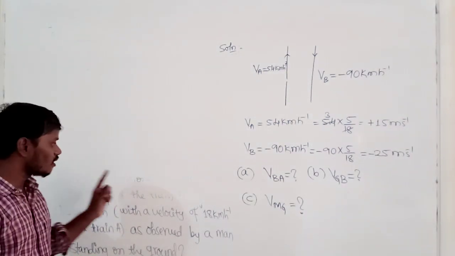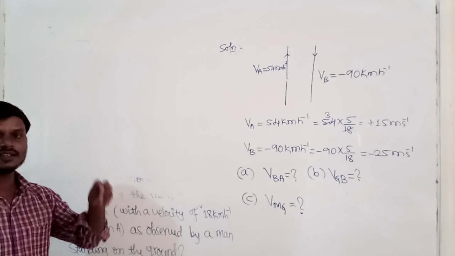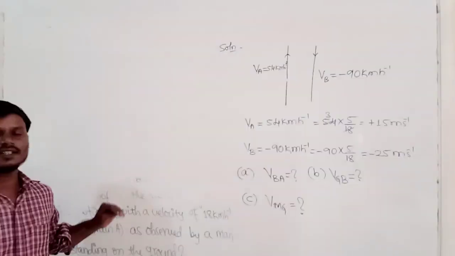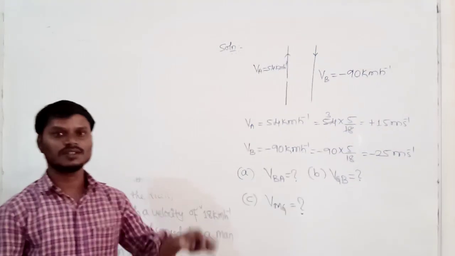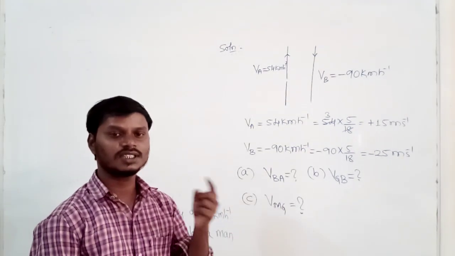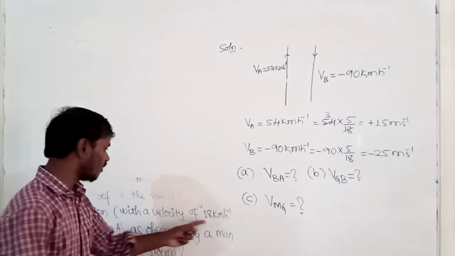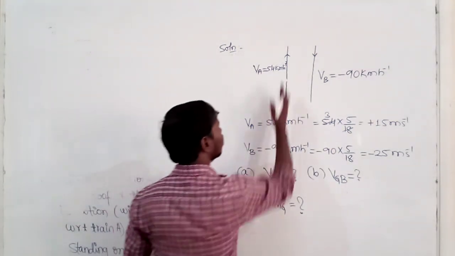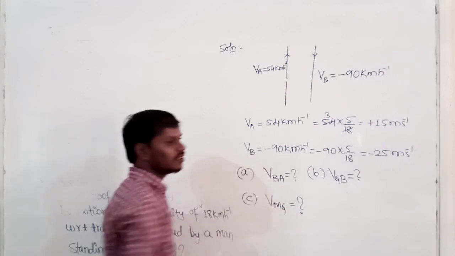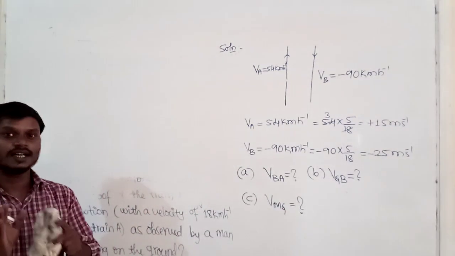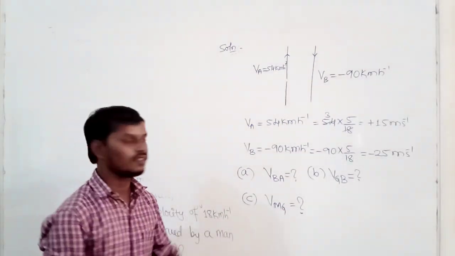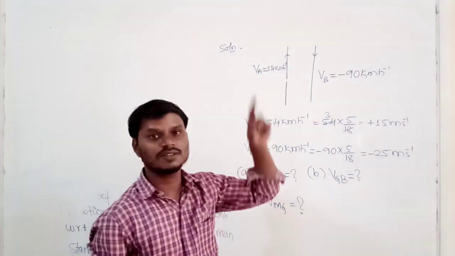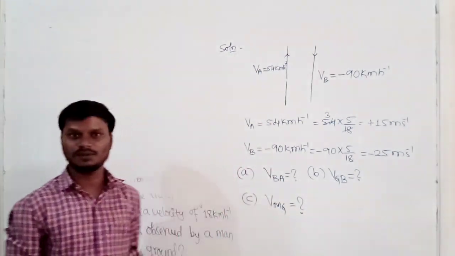And the monkey is running on the roof of train A. So with what velocity with respect to A? With respect to A, 18 km per hour. Okay, train A is going north direction, so which direction does the monkey go? South direction. Against its motion, it is said. So the monkey is running against train A, on top of train A. Okay, then